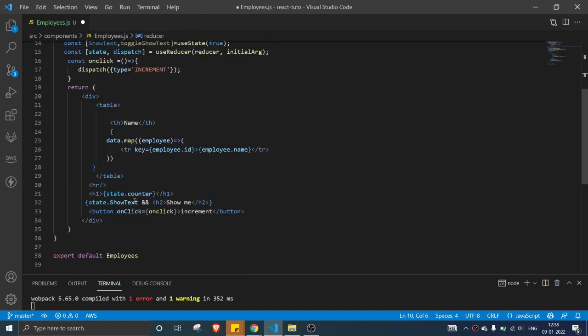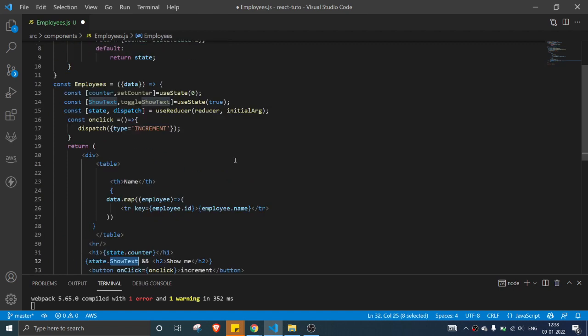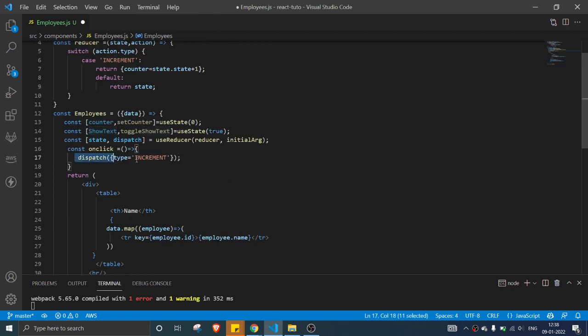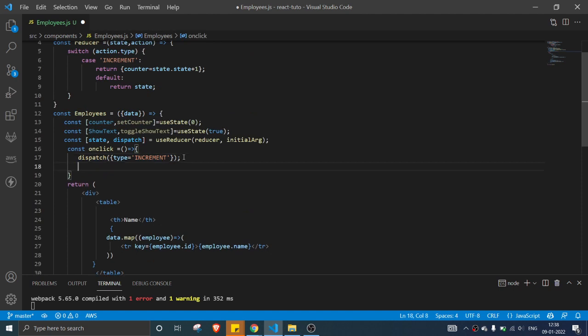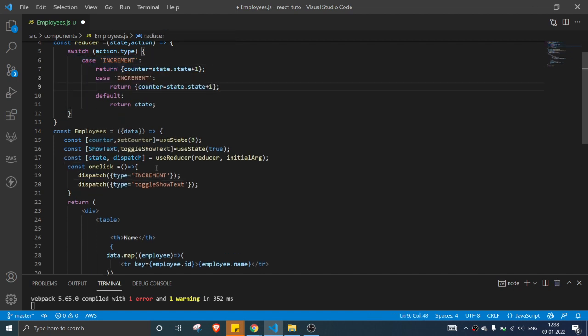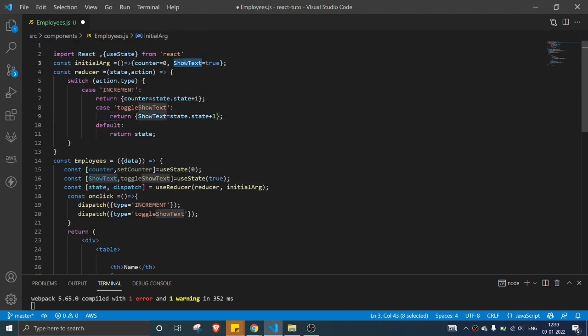Another thing we are planning is to show and hide the text as well, right? For this we'll define one more case called toggle show text. Case toggle show text, then show text is the negation of state dot show text.